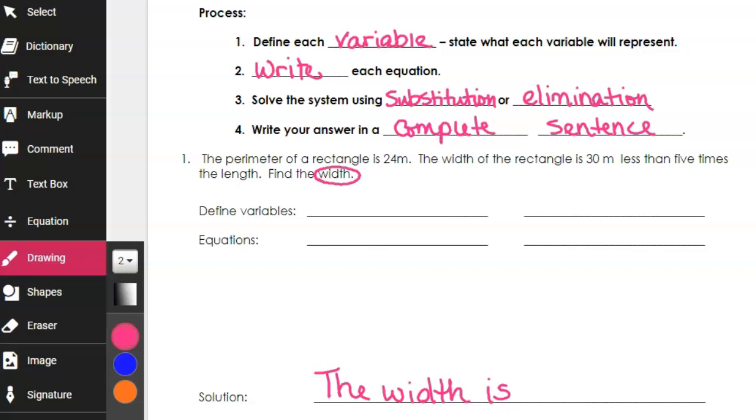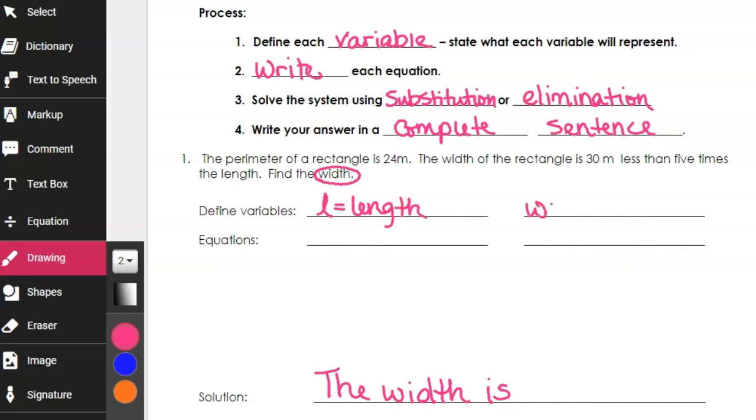So let's define the variables. It told us that the perimeter of a rectangle was 24 meters. It talked about the width. It talked about the length, and those are both things that go into the perimeter, and so our two variables need to represent the length and the width. Typically, L represents length